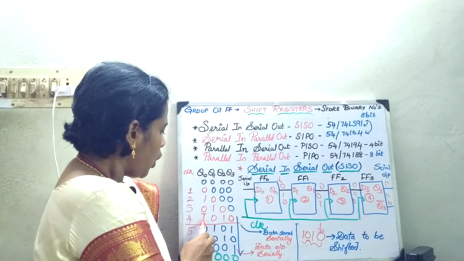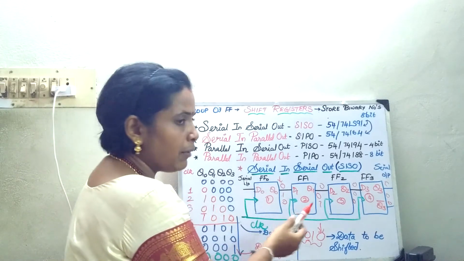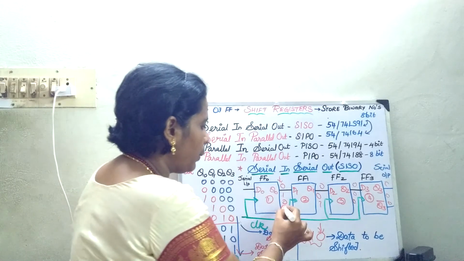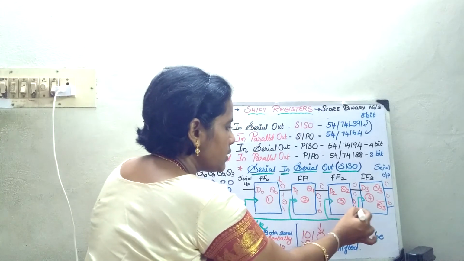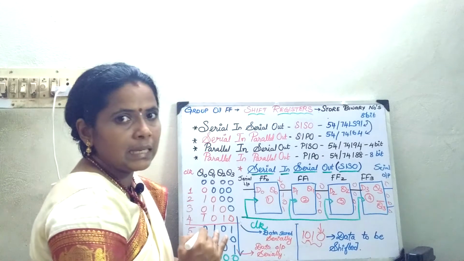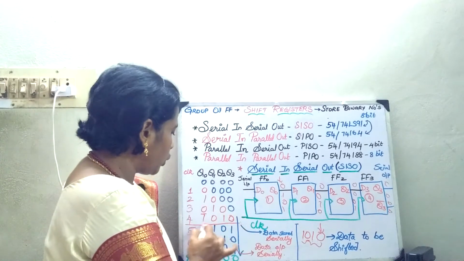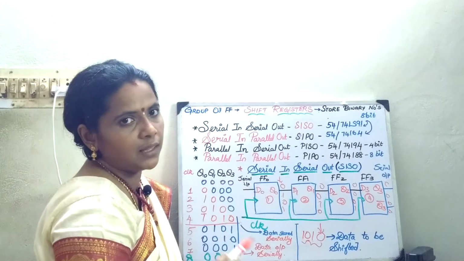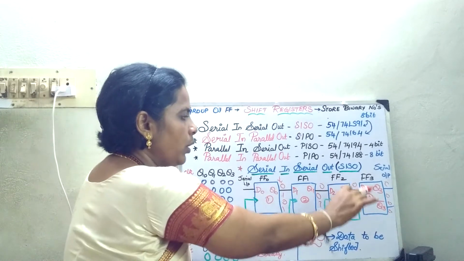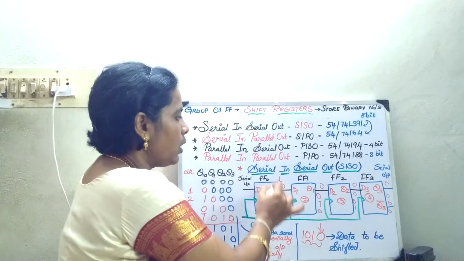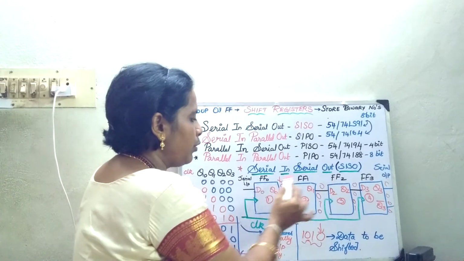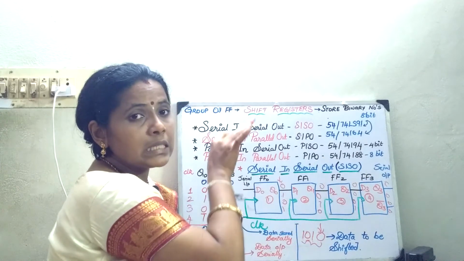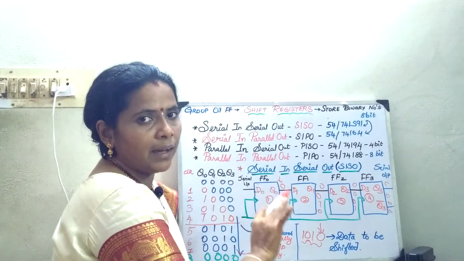Now the next case, 1010, the 4 bit. After the 4th clock pulse when I apply, all the data are entered one by one. So 1010. Now what is the inference? After the 4th clock pulse is over, the data is stored in the register serially. So after 4 clock pulses I am applying, the data are entered in all the flip-flops. So this is having 1010. The data is stored sequentially, or serially.